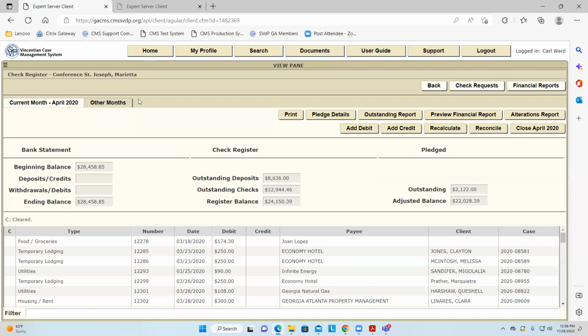But let's say that the treasurer was on vacation when they got your request. I'm playing caseworker here, you're the treasurer, you were on vacation and you didn't get to it till December 2nd. But the event actually occurred in November. So what you want to do is backdate that check into the November register, because that's when the event occurred. It did not occur December 2nd. So how would you do that?